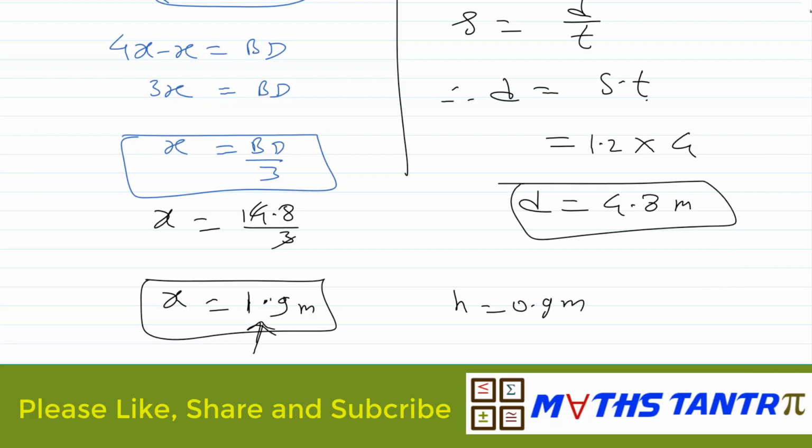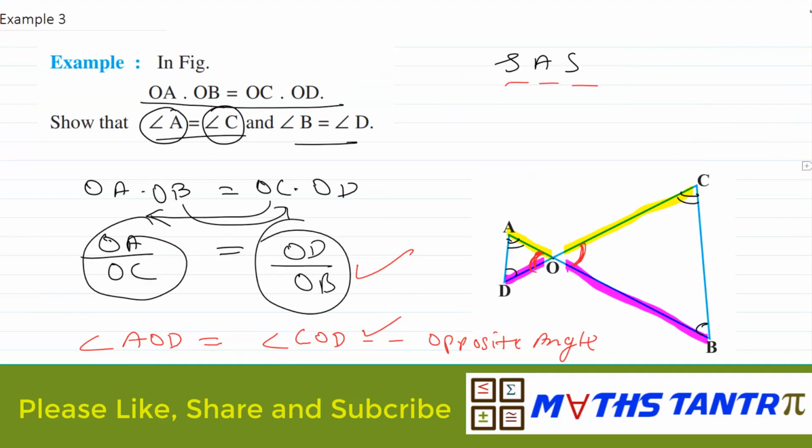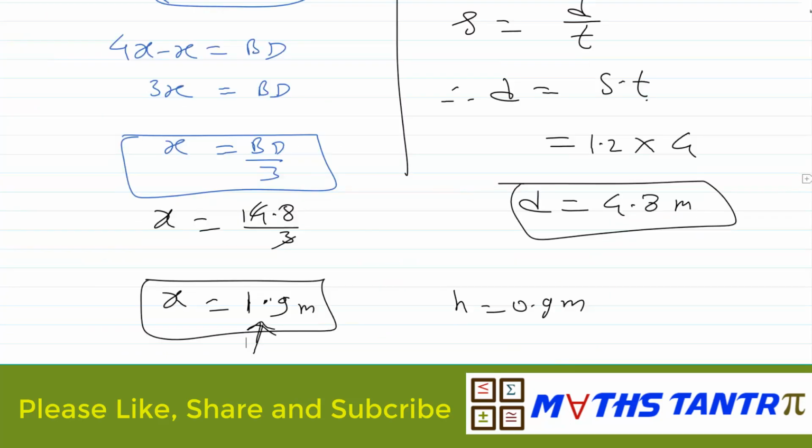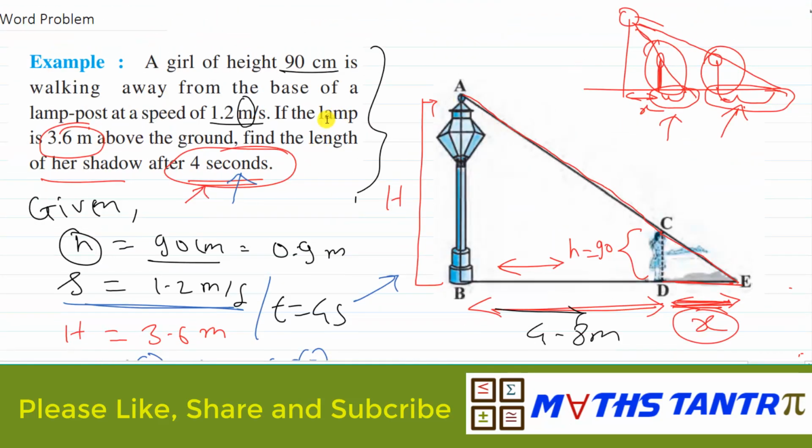This is as of now. In this session, let's quickly summarize what we have seen. We have seen different types of criteria to prove or to check whether two triangles are similar or not, and these criteria can be used to solve some of the examples. We have seen these examples 1 and 2 where we have applied these three criteria, and the fourth one was our theory question. So this type of theory questions will be very important.